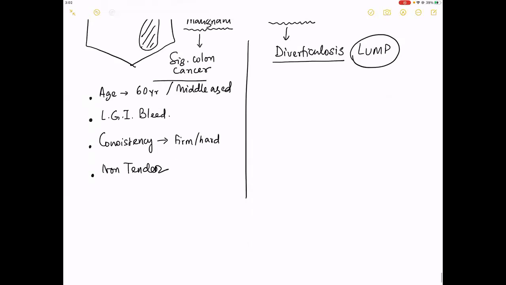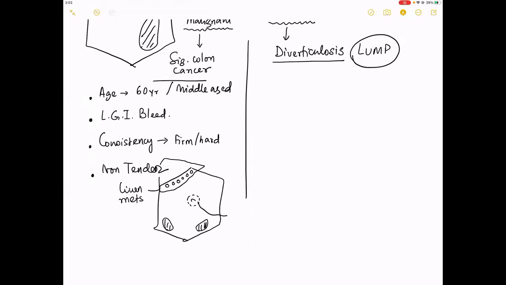What could be the additional finding in any patient with a colon cancer? It can be either this lump or a lump elsewhere. What are you looking at in the liver, sir? Liver mets. What can happen at the umbilicus? Sister Mary Joseph nodule. And with any cancer in any part of the human body, what can happen to the peritoneal cavity? So not only sigmoid colon, any colon cancer, any stomach cancer, any pancreatic cancer can have this kind of presentation.